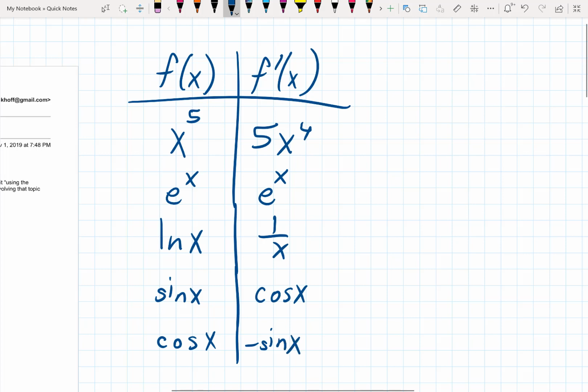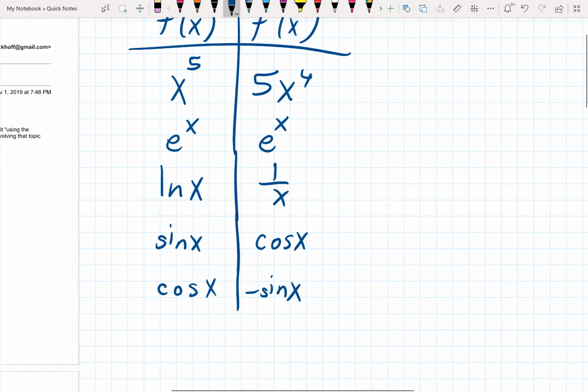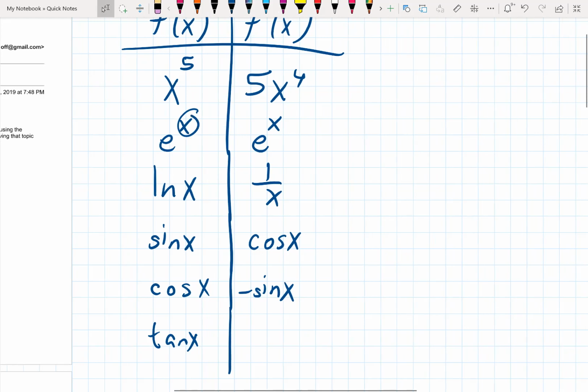negative sine. And then we can prove that. That's one of the questions you asked. We'll prove that later. But right now, you're just going to kind of memorize it and work with it. Pretty soon in the chapter, they're going to give you the rest of them, tangent and cotangent and all that stuff. So every time you learn a new function, you can add it into your mix, and you